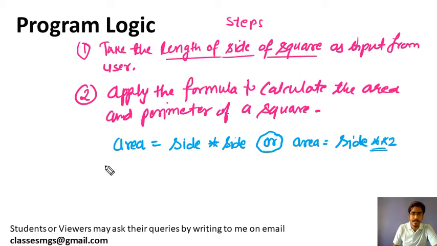Now we will calculate the perimeter. We will write the formula. Perimeter equals to 4 into side. This is the formula to calculate the perimeter, and at last we will